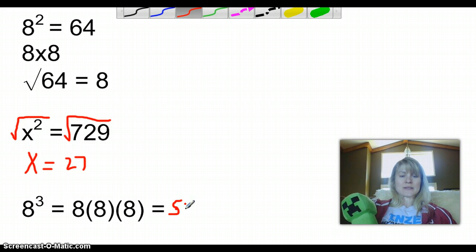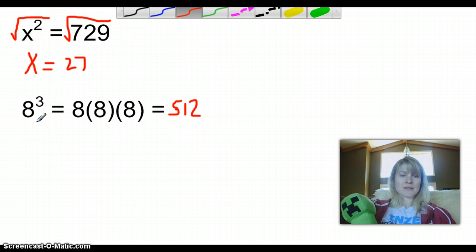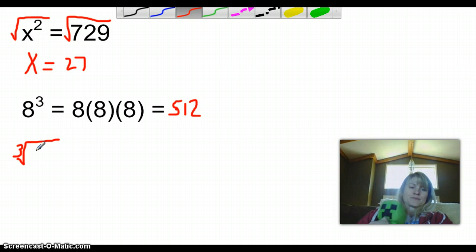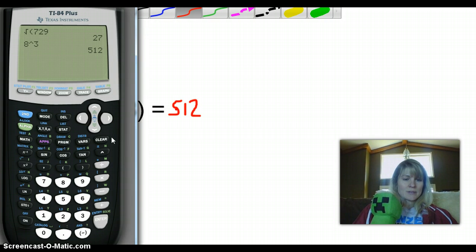All right, and now the same thing works with this. To undo the square of something, I took the square root. To undo the cube of something, I would have to take the cube root. And so that looks like a square root sign, but we put a little 3 there. And that 3 means that you're multiplying the number by itself 3 times. So if we took the cube root of 512, we already know it's 8, because 8 times itself 3 times is 512. But if I didn't know that, I would go to my calculator, and I would put in 3 for